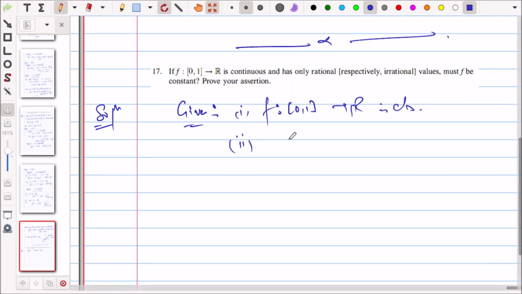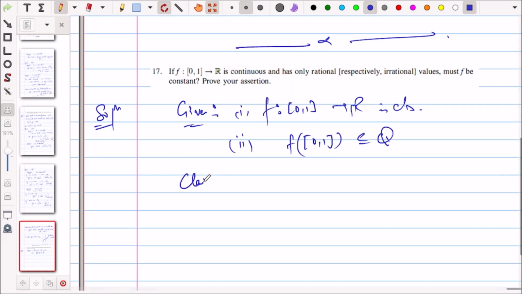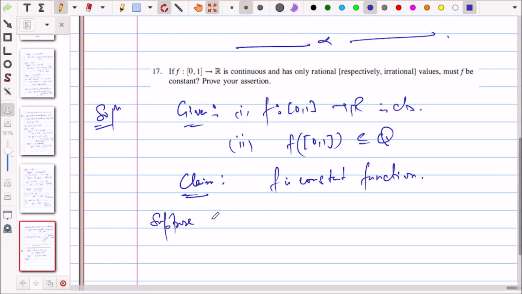Second, f([0,1]) is contained in Q. That is, every image of this function f is a rational number. Claim: f is a constant function. So we will take the contrapositive approach. Suppose on the contrary,